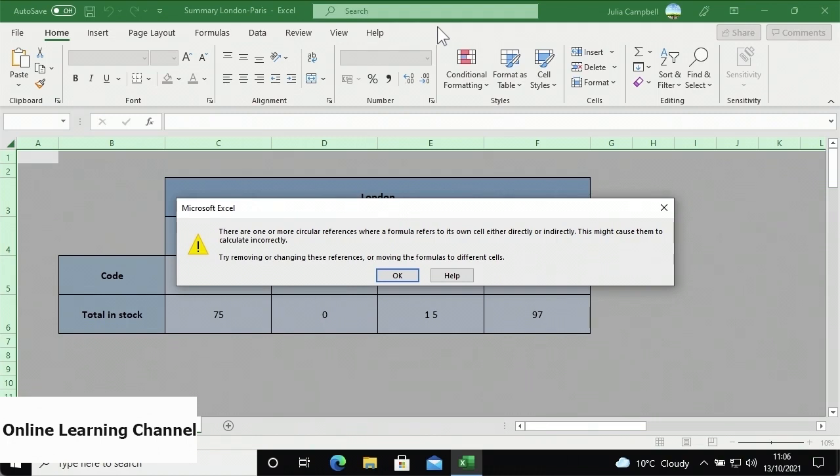A common error is a circular reference error. This error will automatically appear in a warning message when you open your Excel document. The circular reference error appears when a formula references its own cell. To fix this, you can go to the formula and choose not to reference the formula cell. First, I need to access the workbook, so I'll dismiss the warning message by clicking the OK button at the